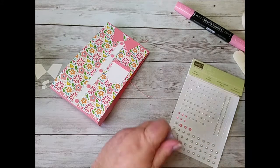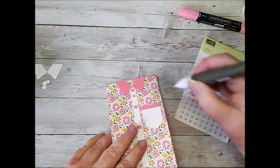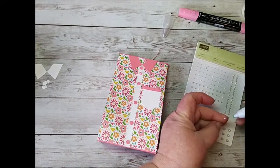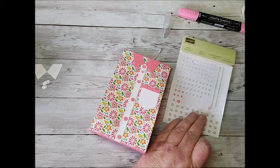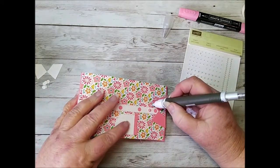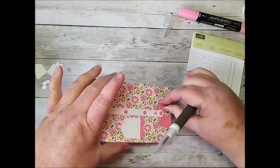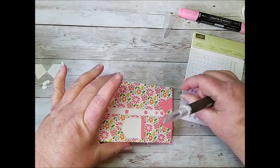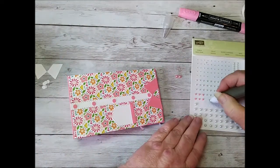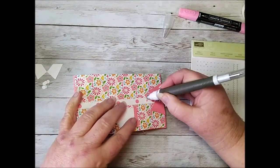Using my take a pick tool. Pop a pearl there. Got away from me. Grab another one there. Maybe we won't need those little ones, we might only need the big ones. Actually, I think we might remove those and use the smaller ones. I think the smaller ones are going to look better. Whoops. Use those for something else later. Just wanted to do just like a row of pearls around